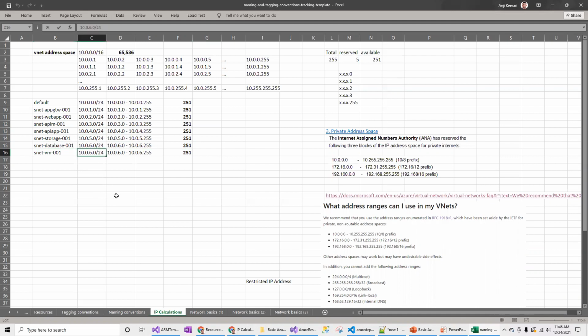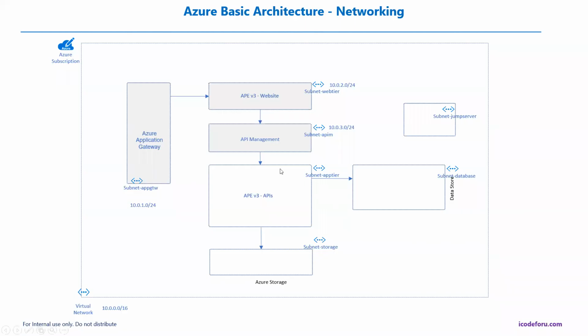Then I will be using the number 7, so that's going to be from 7 to 55. So I can add as many subnets as I want because I have reserved 65,000.